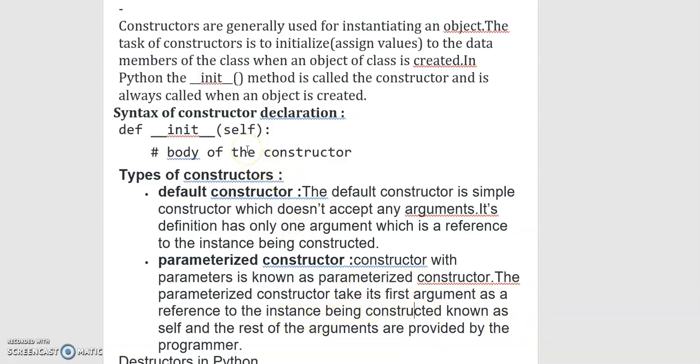Self is the reference to the instance, and the rest of the arguments are provided by the programmer, that is, the parameters. The main difference is that the default constructor has only the self parameter and does not accept any user defined parameters, but the parameterized constructor accepts the programmer's parameters or arguments. Let's see an example for this.